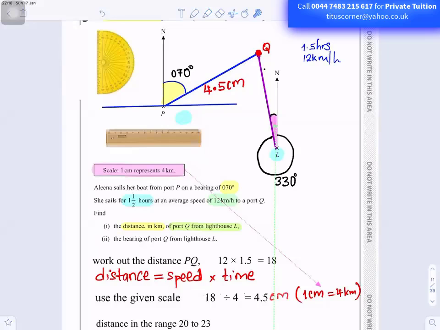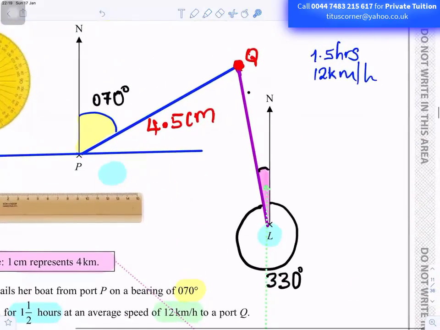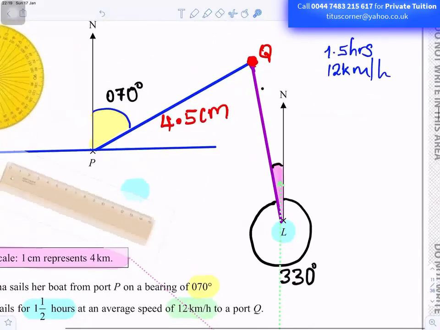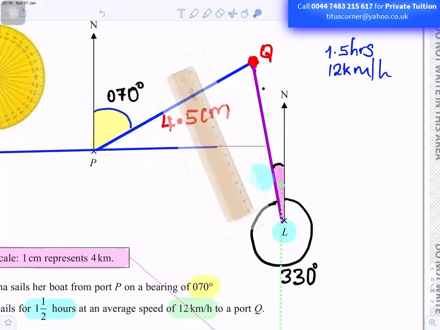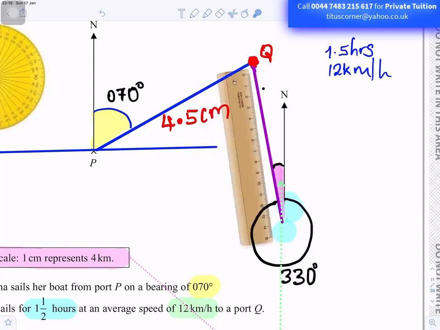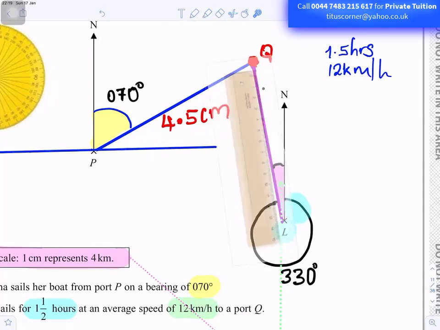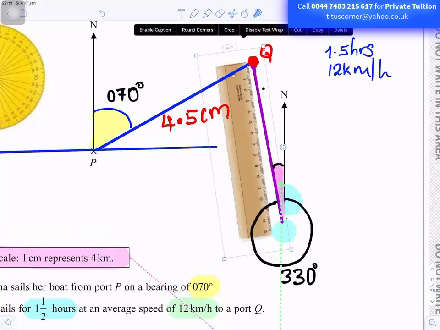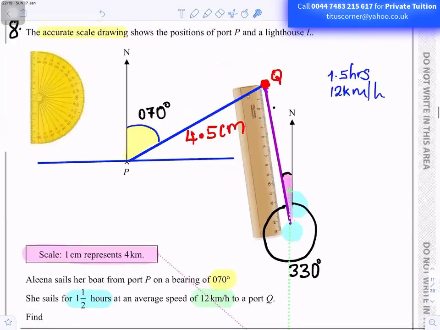Now, the question says, find the distance in kilometers of port Q from the lighthouse L. So we want to find the distance from Q to the lighthouse L. So we would use the ruler to measure the distance from Q to the lighthouse. I've zoomed in, so my answers will not be correct. You measure the distance from Q to the lighthouse,